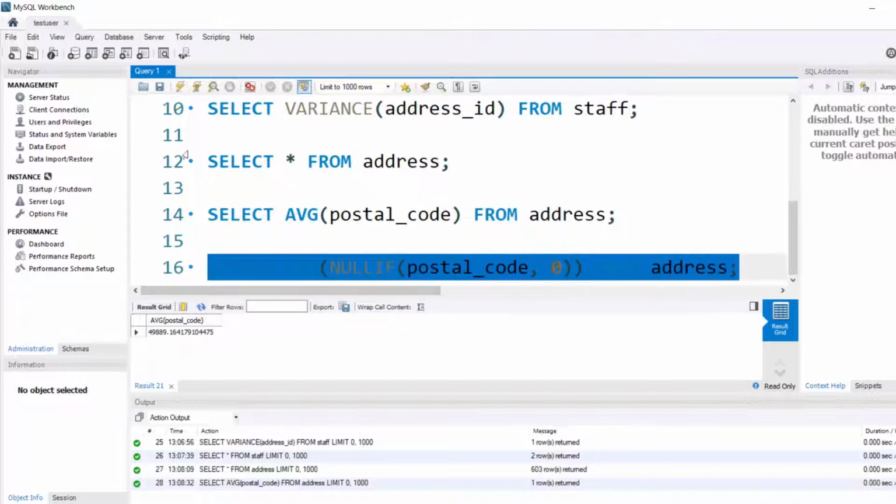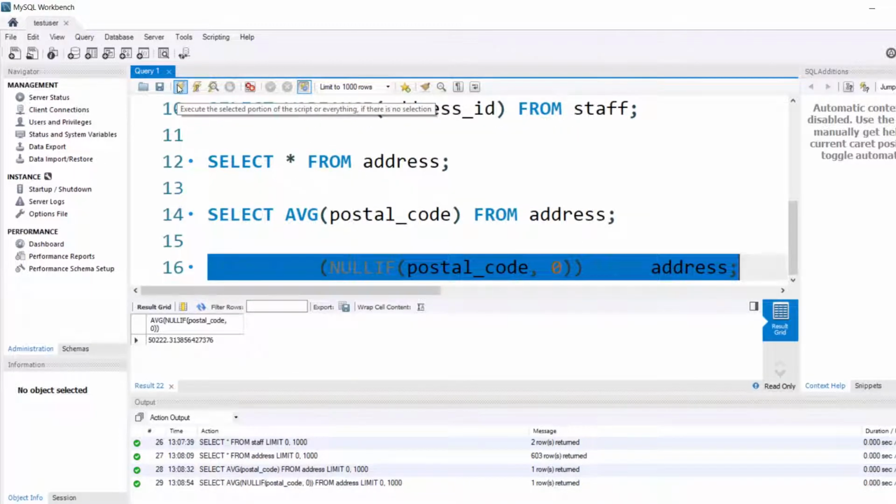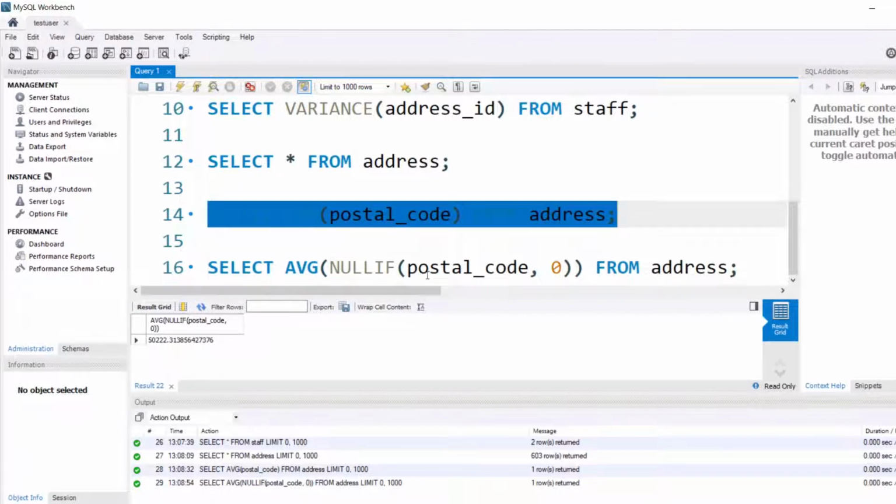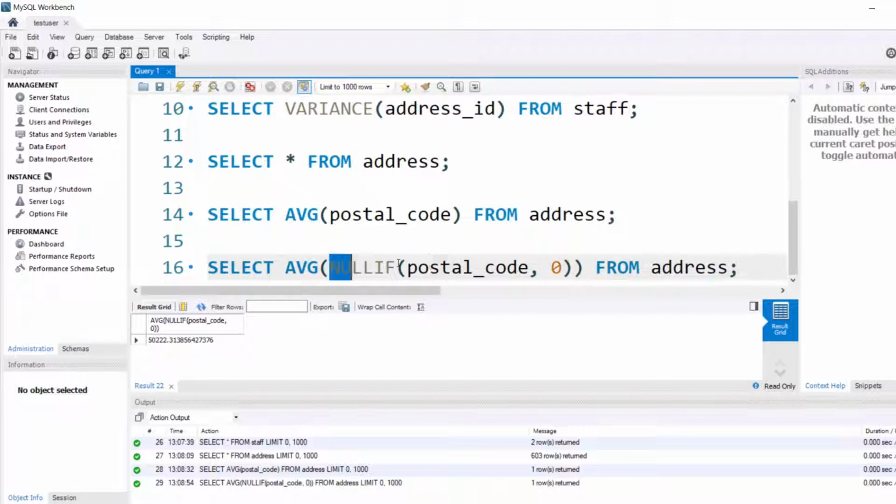If I execute this, this is the output, 50222. So in the first case, it does not count the null values, and here it counts the null values because we are replacing null with 0. This is how we can work with null values whenever we are working with group functions.